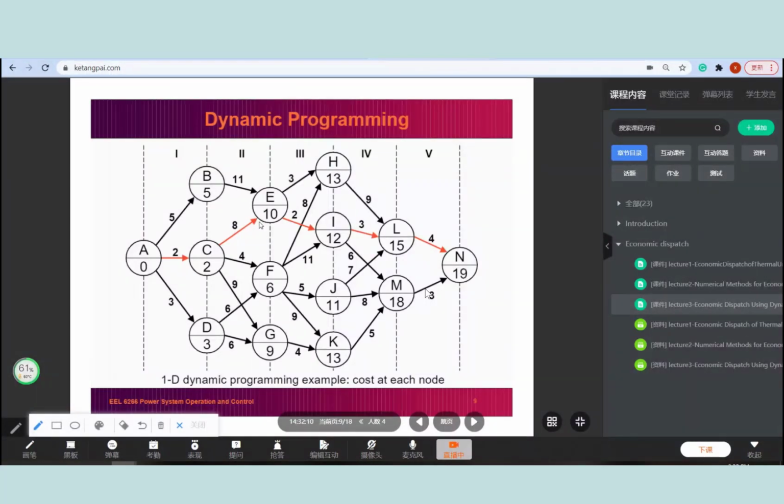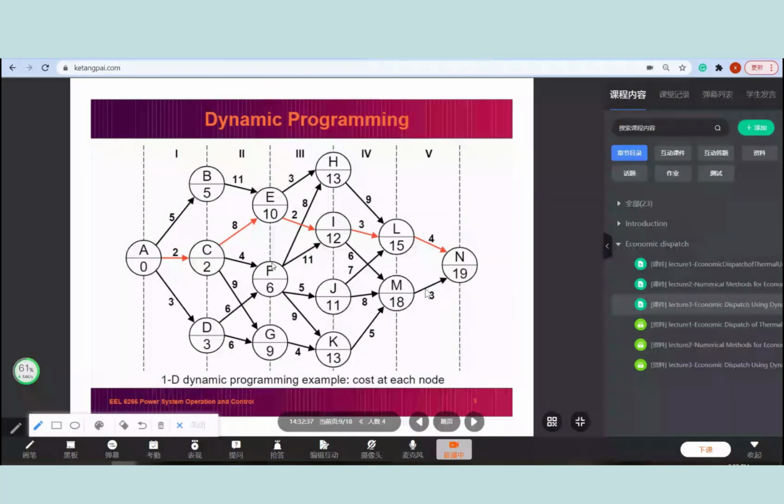So the cost, this path is better. ACE is 10, ABE is 16. So ACE is better. We just record the better one here. Okay, so we just write the number 10 here. For this 10, you know that the number is for this part, ACE. Okay. Similarly,